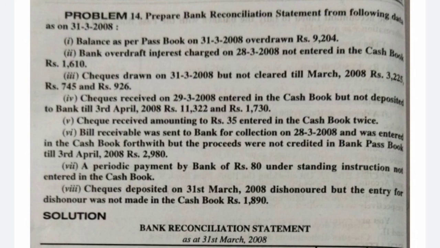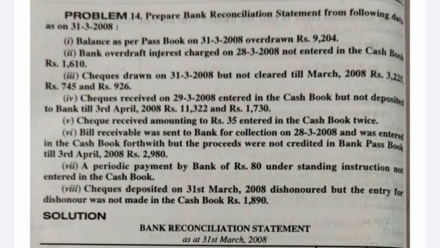But in the passbook, the banker might have taken the correct entry only, that is by one receipt. By taking one receipt, he might have credited the passbook. Therefore, when we compare with the cash book, the passbook remains to show less balance of rupees 35. Therefore, we need to deduct the amount of rupees 35.